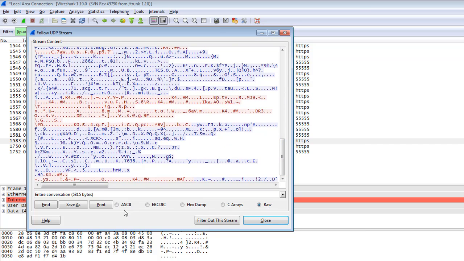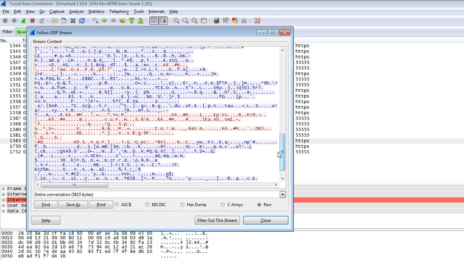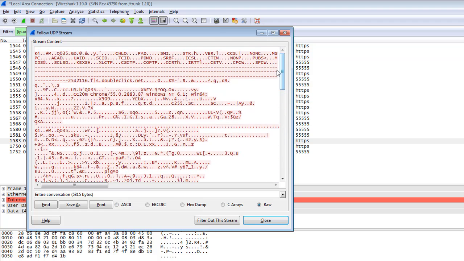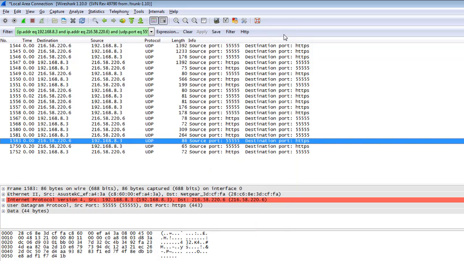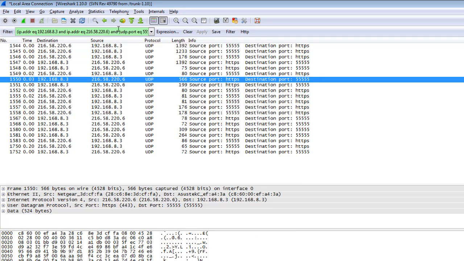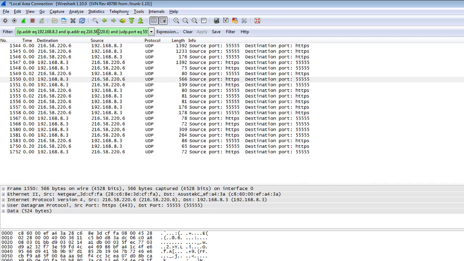There is raw data and ASCII characters. ASCII information is very helpful for extracting information from plain text. Sometimes connections are not secure. The ASCII characters will represent the data clearly in your UDP streams or TCP streams, and the expression will be automatically built from here if you select it.